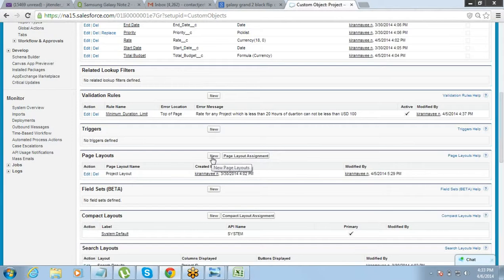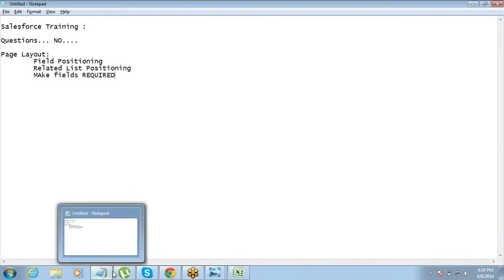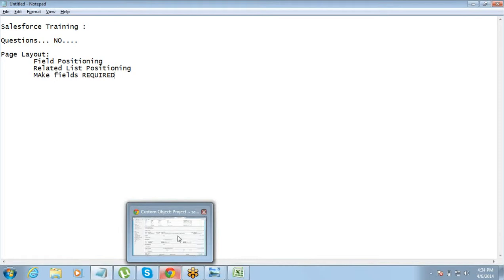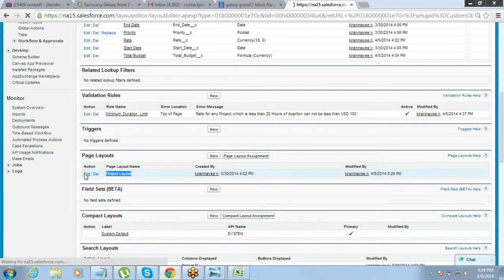Okay, why would we need multiple page layout for the same object? For the same object, why do you think we will need different page layouts? For different users. Sorry. For different profiles. Yes, right. So different users or profiles. What Suvajit you also said. So users from different profiles, you can give them different page layouts, right? So you have the option of removing some of the fields on some profile. That way. I'll just click on edit and edit this page layout.